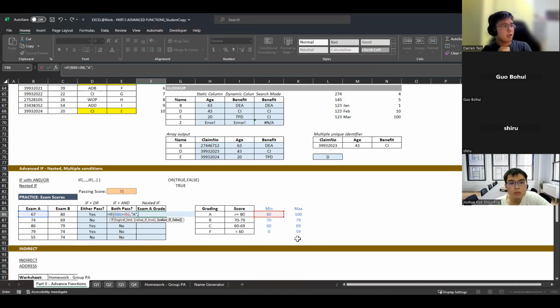Okay, but if I'm not A, then what am I? I can't possibly say that I'm a B because I might be even lower than a B. I can't say I'm C because I might be even lower than a C. So I don't know which one I am. So I have to put another condition on it. So if this grade is more than my minimum grade here, then I'm a B.